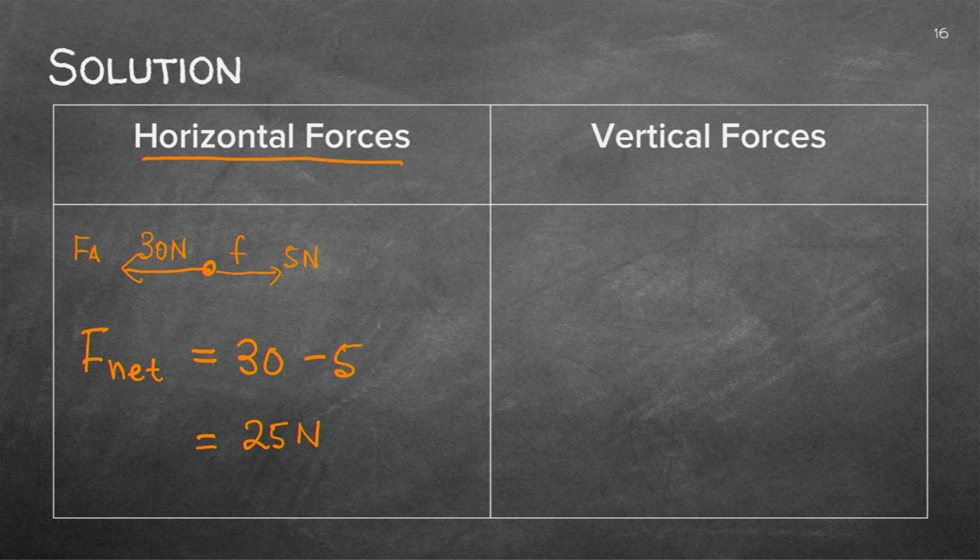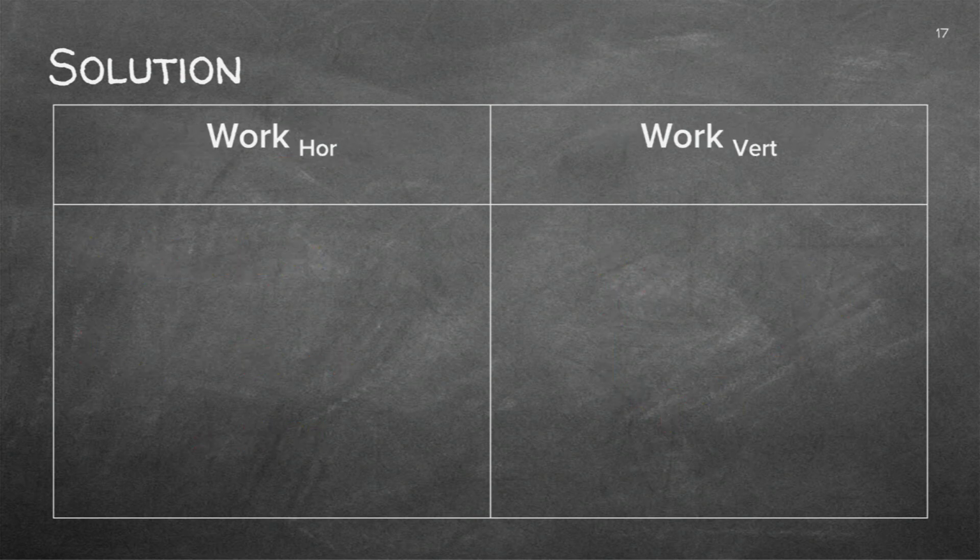Let's quickly have a look at the vertical forces. You had your trolley there. It would have had mass, so I could calculate my gravity, and it would be on a surface, so I would have a normal force there. Interesting, it's not moving in any of these directions. So I don't have a delta X or Y. So therefore, there's no work done in the vertical plane. So let's get the work calculated. The work in the vertical, as we just said, will have no delta X, or you could have said delta Y because it's vertical. Therefore, 0 joules in the vertical.